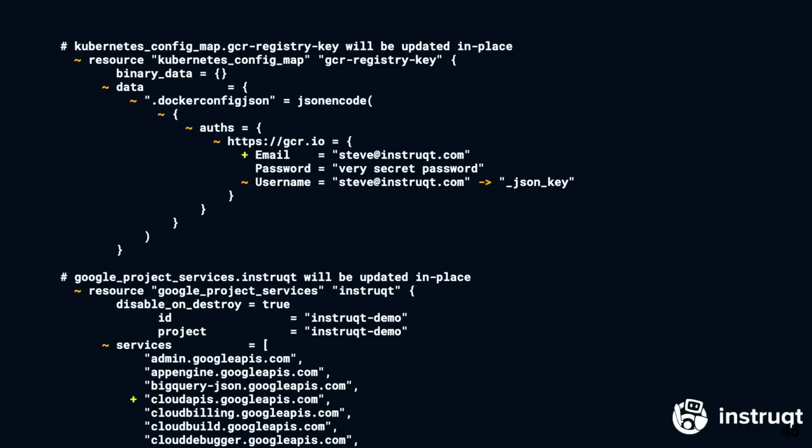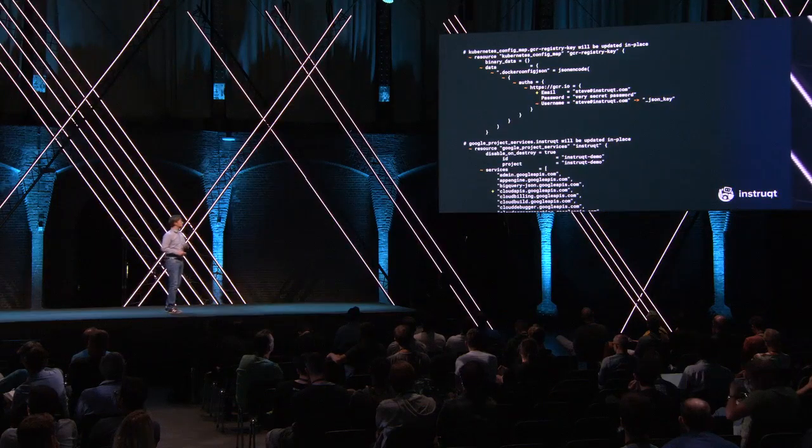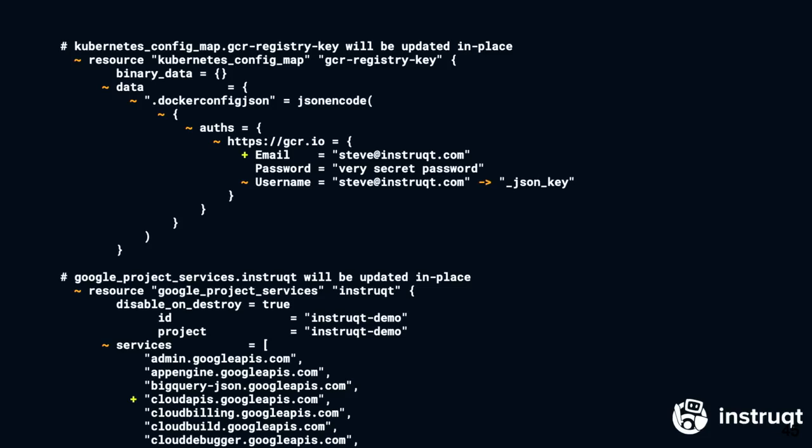They structure the JSON and tell you which property of the JSON is going to change and how it's going to change. This is much more readable. Also for the list of services, it's much clearer which services are getting added or which ones are going to be removed. Big save on time.